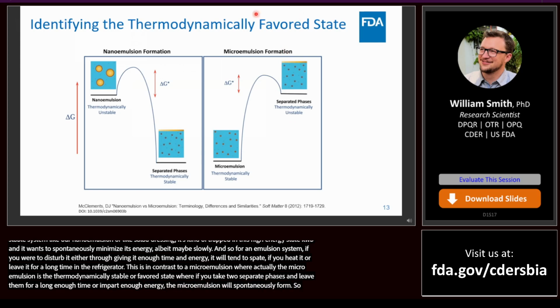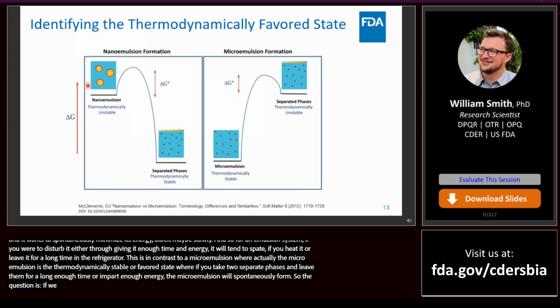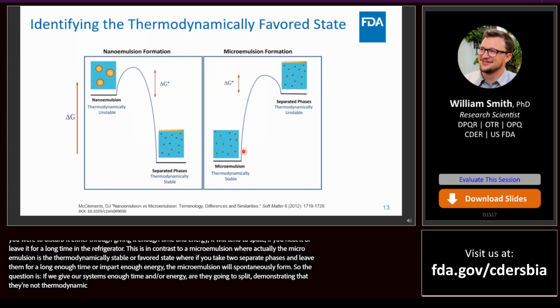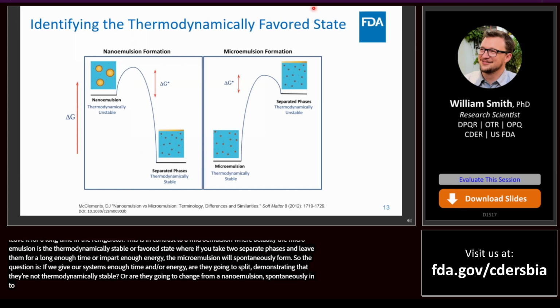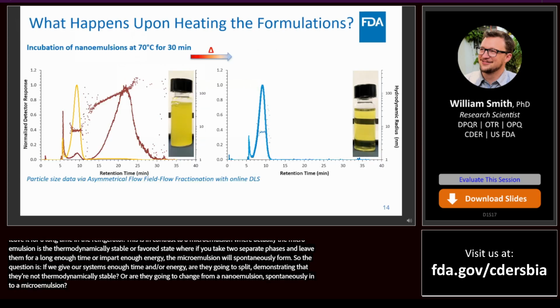So the question is, if we give our systems enough time and/or energy, are they going to split, demonstrating that they are not thermodynamically stable, or are they going to change from a nanoemulsion spontaneously into a microemulsion? So what does happen when we try to split our nanoemulsions that we formed by adding the aqueous into the